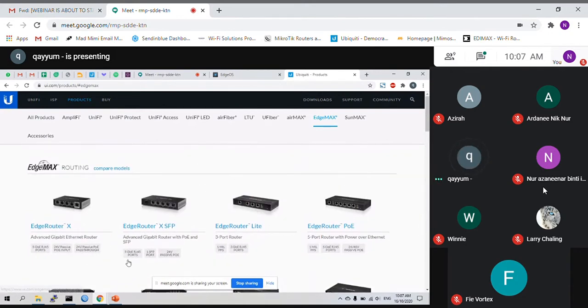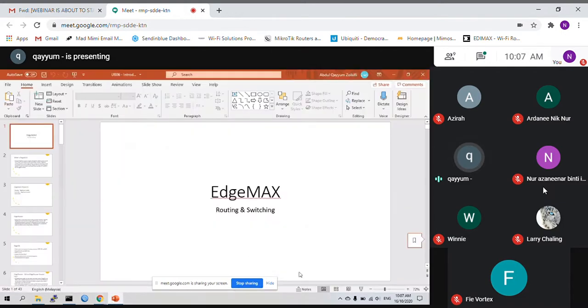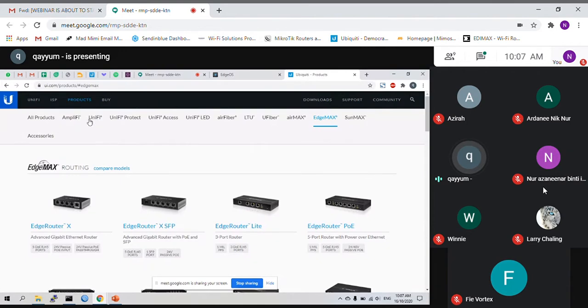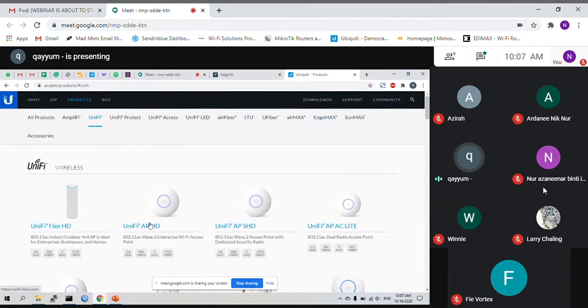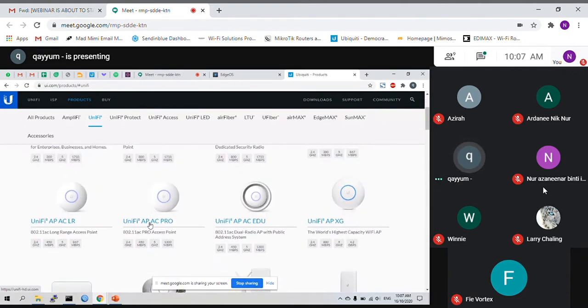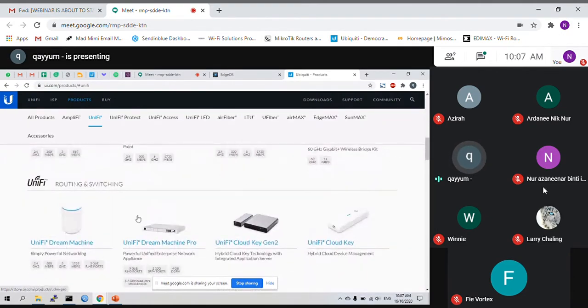For those who didn't know, HMAX is a line of product from Ubiquiti that only focuses on routing and switching, so you don't get confused with the UAP line of product, which provides wireless models and also routing and switching.